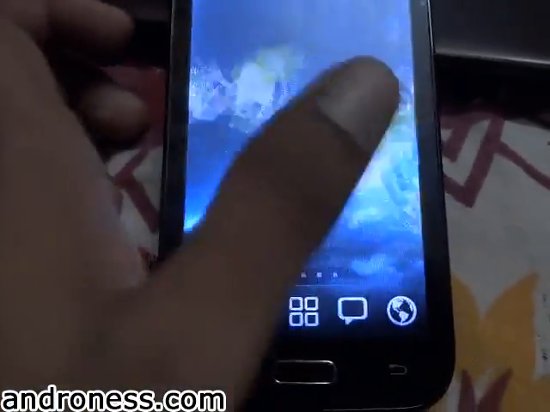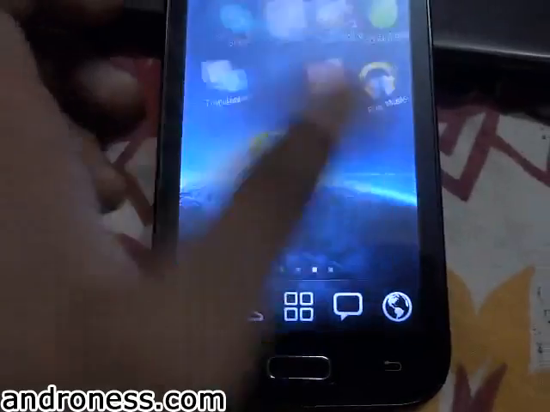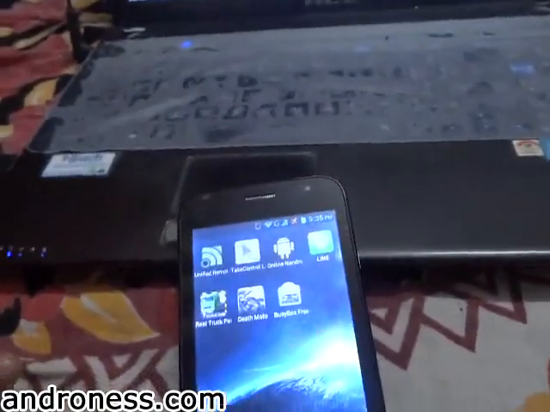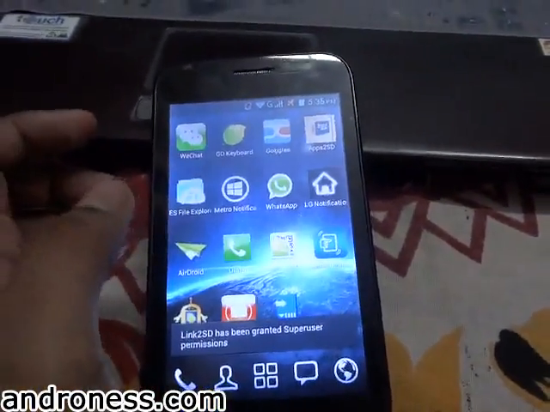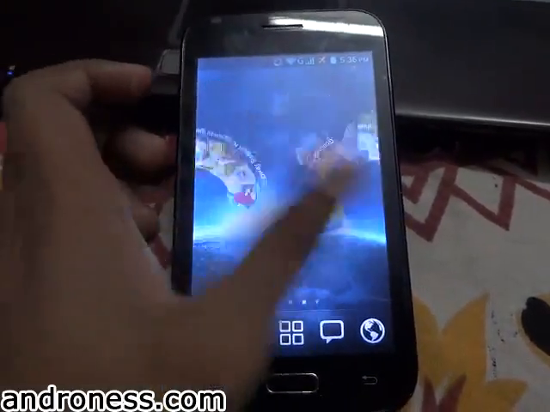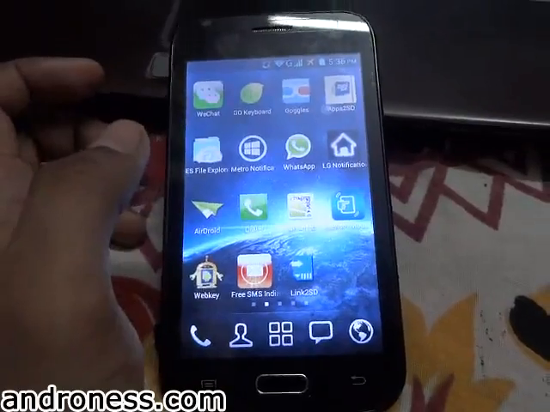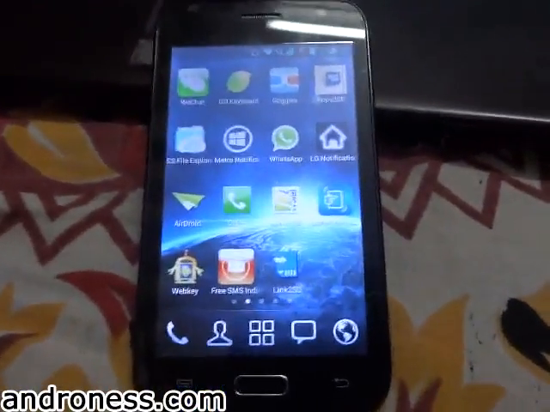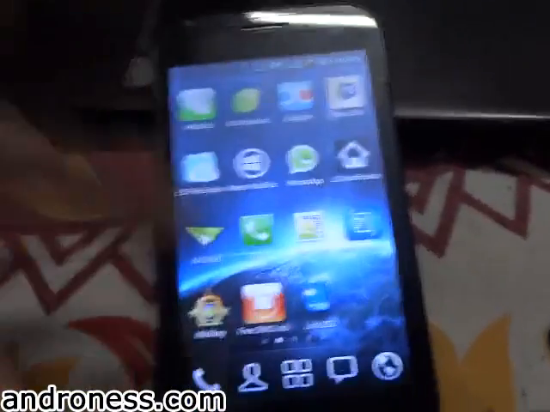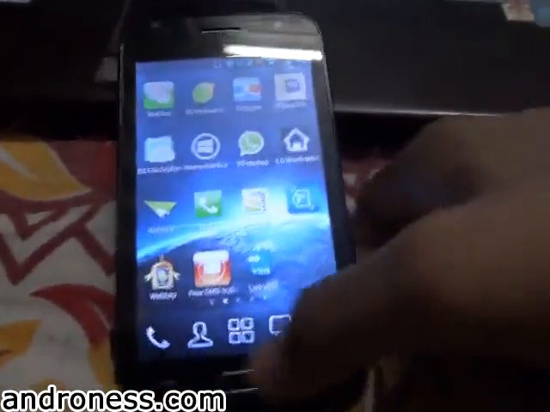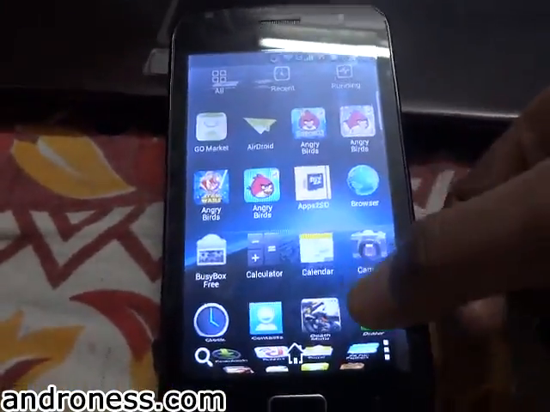The launcher I am using is Go Launcher, and the application I am using to transfer files between computer and mobile is AirDroid, and there is another app that I like, WebKey, to share the screen of the mobile to the computer. You don't need any external Wi-Fi router. You can share it with its Wi-Fi hotspot. That is very cool. In the upcoming times I will upload videos of it.